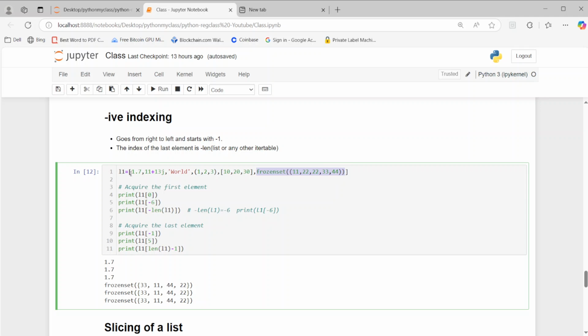Frankly speaking, this will be at index position 0, then 1, then 2, then 3, then 4, then 5 if you are going for positive indexing from left to right. But if you are going for negative indexing from right to left, then this will be your very first element, and this lies at index position minus 1. So print L1 of minus 1 shall give you the frozen set,